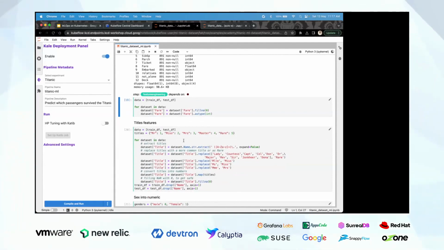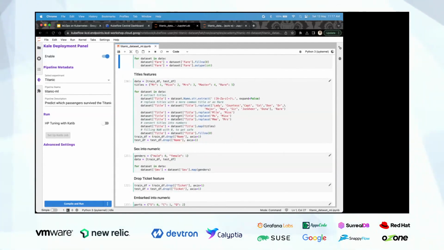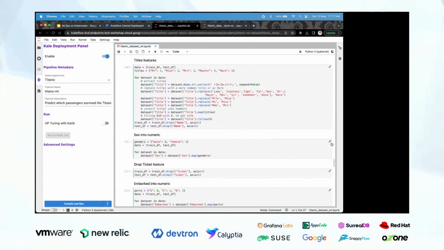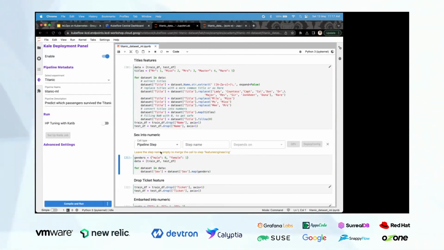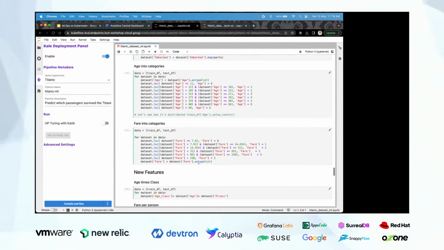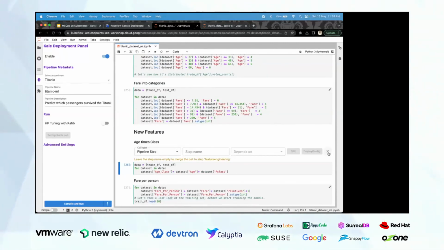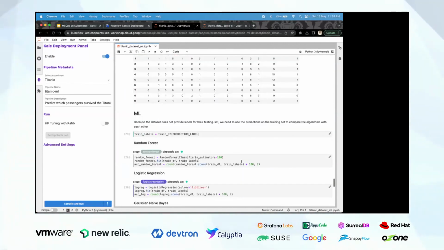Similarly, I will not go through each of them. We have annotated all these cells as pipeline step without naming anything, so that it will consider them in the feature engineering part only, up to this point and also this point. This is all feature engineering which we are doing now.